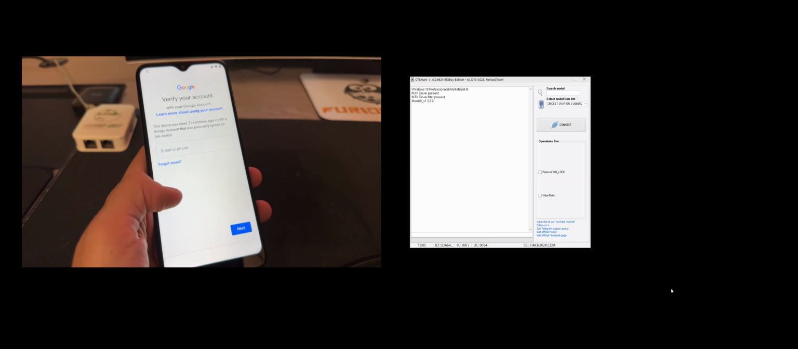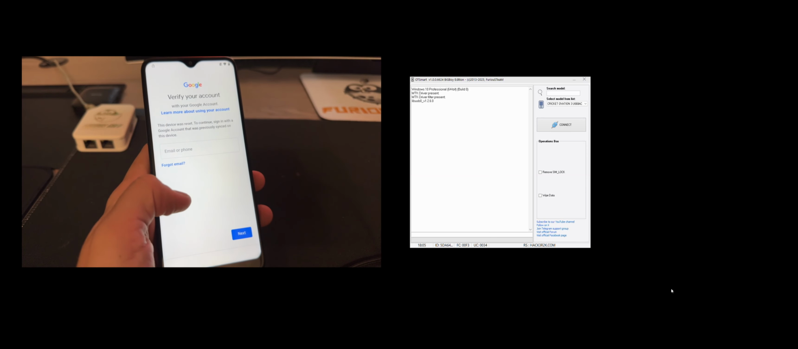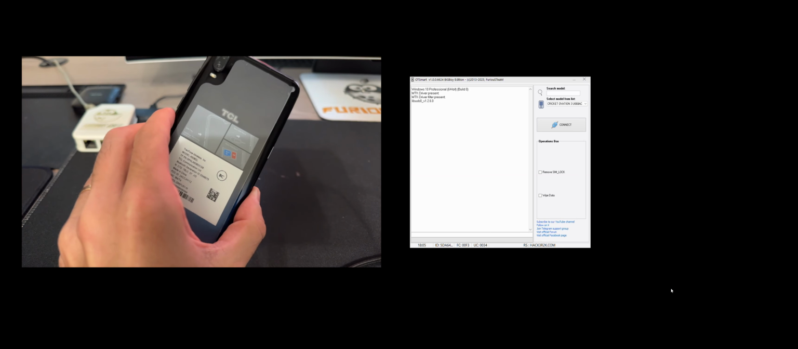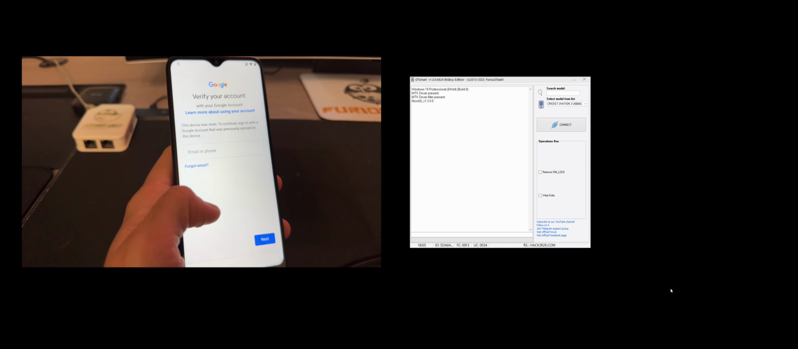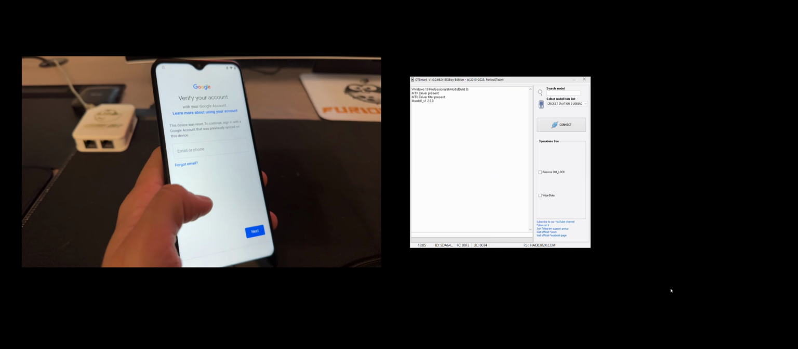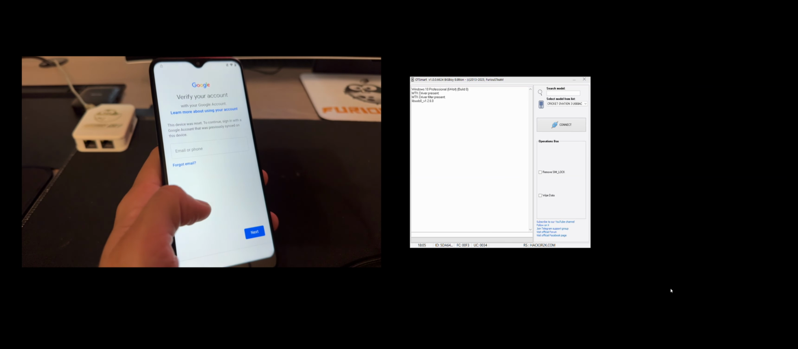Hi there, I'm going to show you in this video tutorial how to remove the Google account from TCL A2X, alias known as TCL A508DL. As usual, we have here one sample which got factory reset, and now it's asking for the Google account